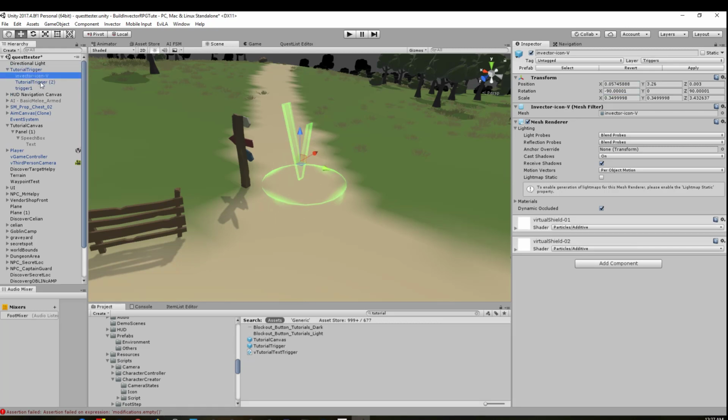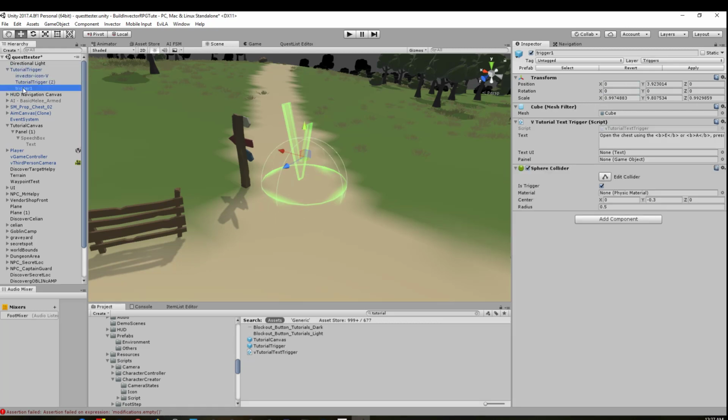And then you can see here we've got the Invector V cylinder, trigger 1, and now you've got the script here on the trigger that says V tutorial text trigger script, and it's got text UI and panel, and those are both empty because there's nothing in the scene that it recognises. So we need to actually assign it the speech box, or actually just click and drag. So speech box onto the panel, and then the text into the text field. And you can see here it's already got some stuff written in because that's just the preset thing. So we're just going to delete all that and say welcome to